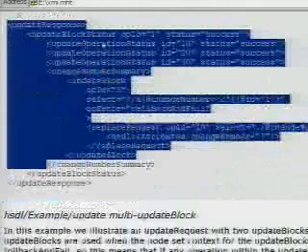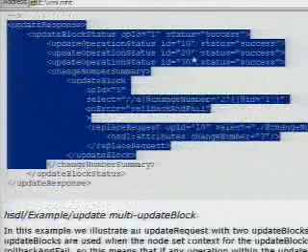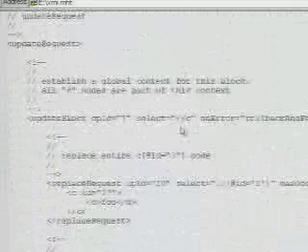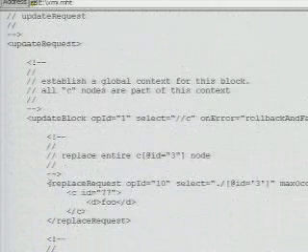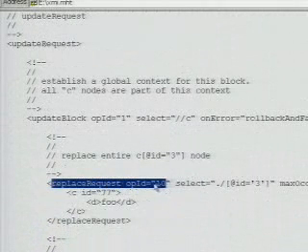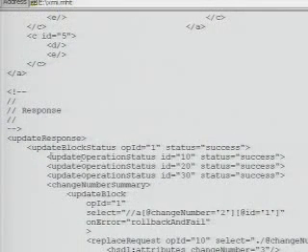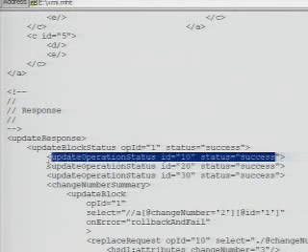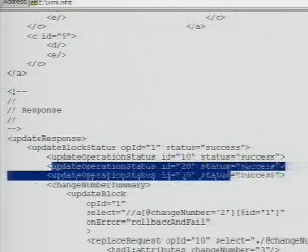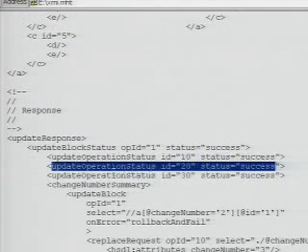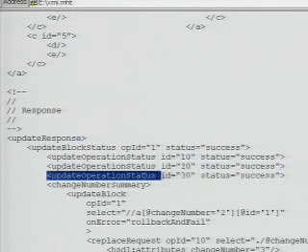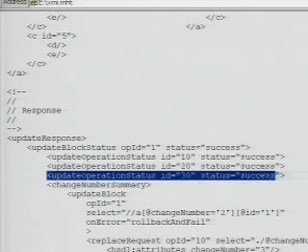So it's going to say, on this update operation of ID of 10, which you tagged up here, let me roll back up here, ID of 10. Where'd it go? Right here, ID 10. So we tagged that operation. This is to give us some context so we can correlate it after the fact, so that'll be used in the response back. Right, yeah. So we say ID of 10, that turned out to be a success. Then we did another update operation for ID 20 that we tagged for that second replace. That was a success. And for this delete operation, which was ID 30, that was a success as well.